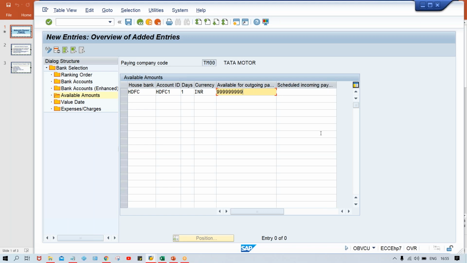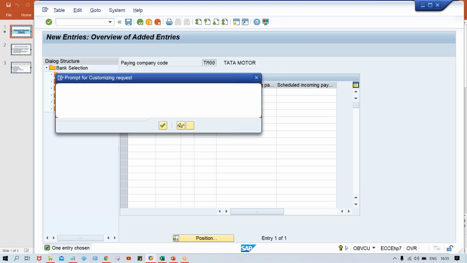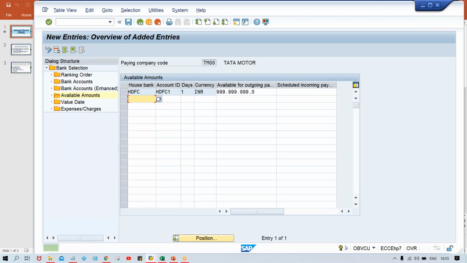So what will happen in that case, guys, if you give 1 lakh here? If the total payable is more than 1 lakh, in that case the system is going to trigger the house bank which you have given in rank number 2, because we have given a limit here for HDFC, right? That till 1 lakh rupees only we are going to maintain in HDFC. But here since we have only one house bank, I have given more. Okay, just save it. So now we are done with the complete configurations.